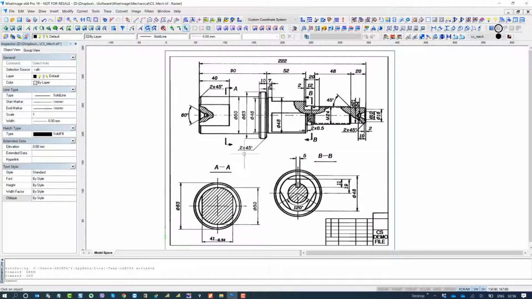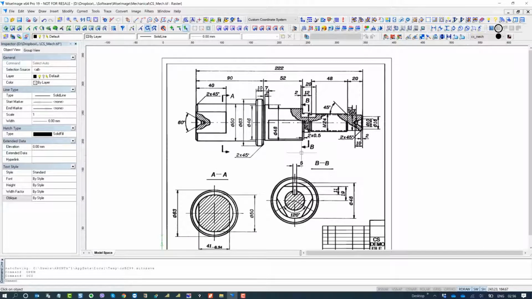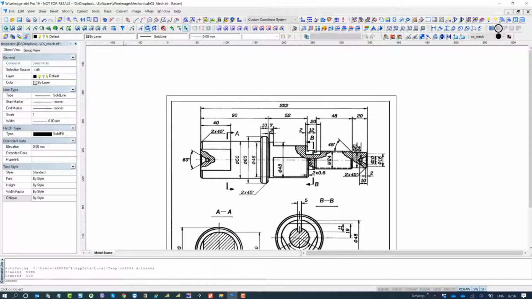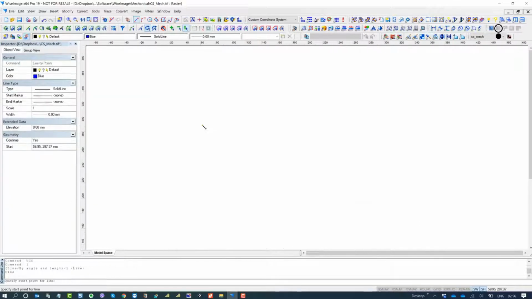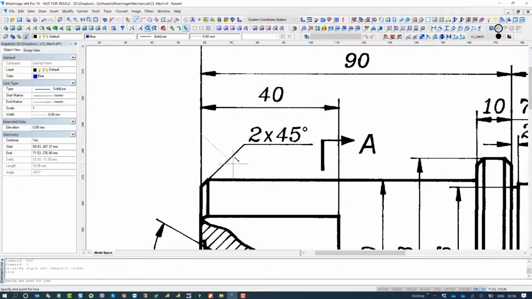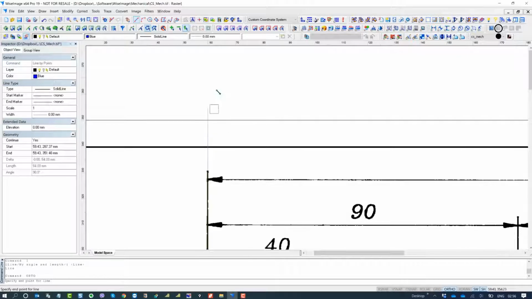OK, right? So now we have a drawing, and if we go and measure the dimension in this drawing, I just force the color and try to draw some lines. So I will press F8 to turn ortho on.